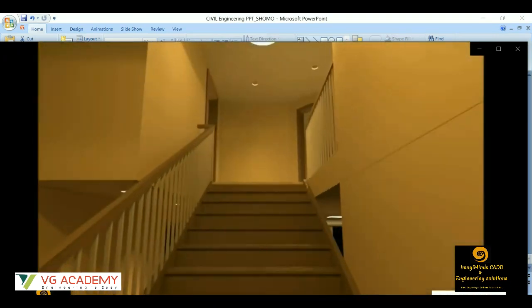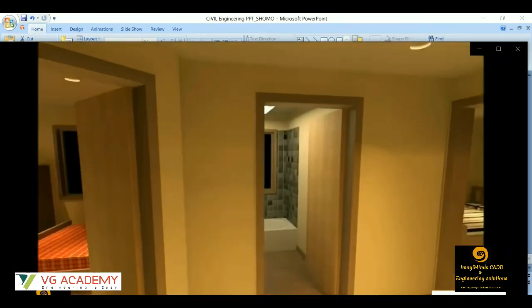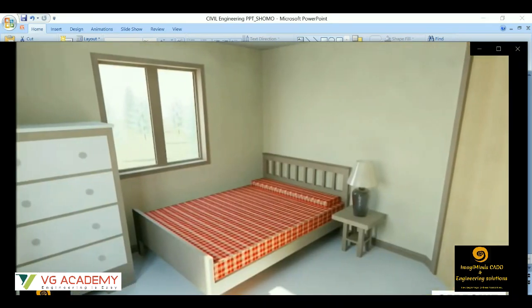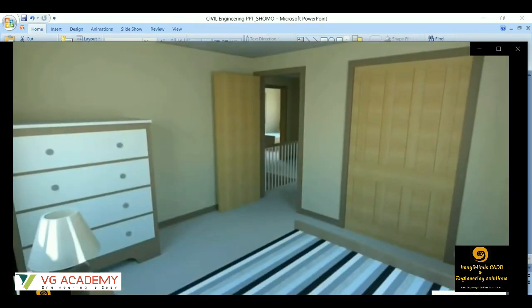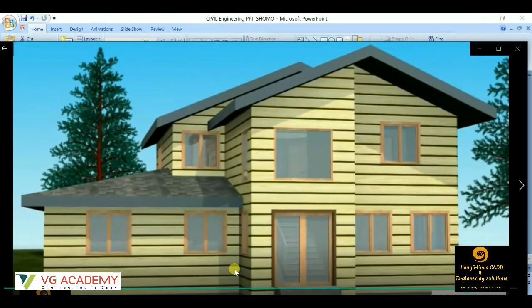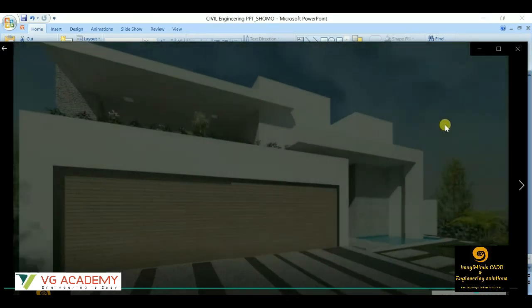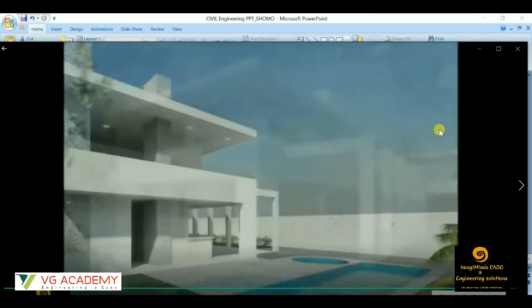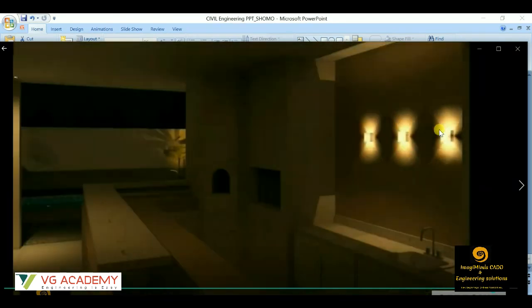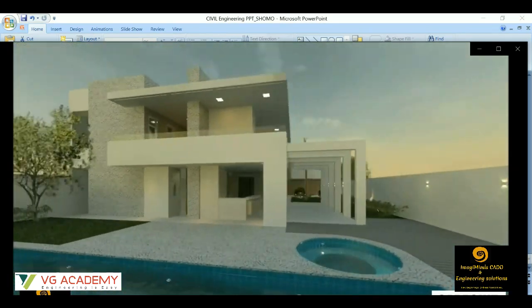With this type of walkthrough, you can give a presentation to your client. The client can visualize what is to be prepared for them, right? If the necessary changes are to be made, they can be done after this walkthrough. This type of walkthrough can be prepared with the help of this Revit architecture software. This could be the quality of the walkthrough, right? As you can see, you can change the daytime over here. You can import lights, and change the timings or the light effects as well.